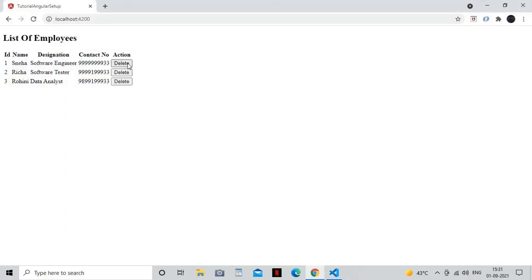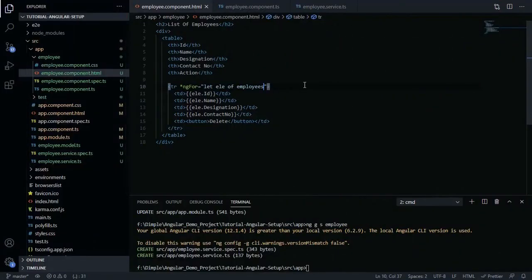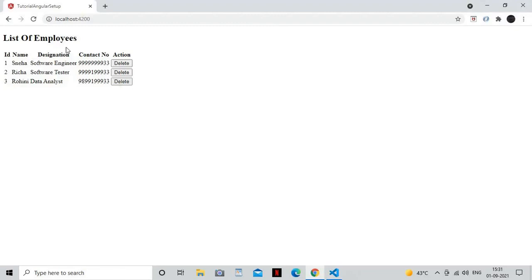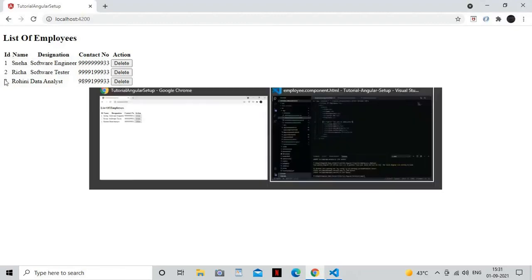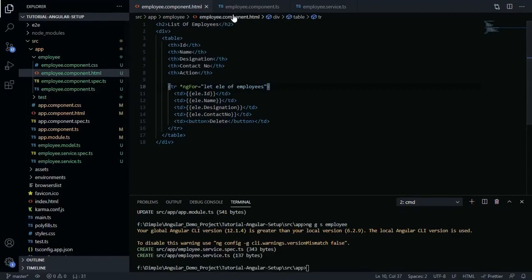But what about this? The delete button is not working. So next we'll see how we can delete an employee from this list based on the ID. Now on the button we'll apply a click action, deleteEmployee, and here we'll pass the element ID.